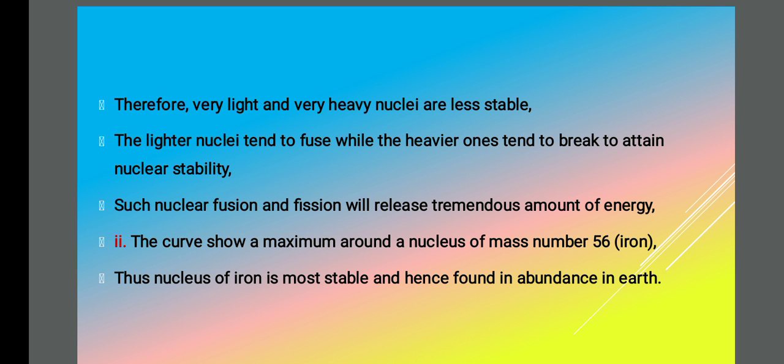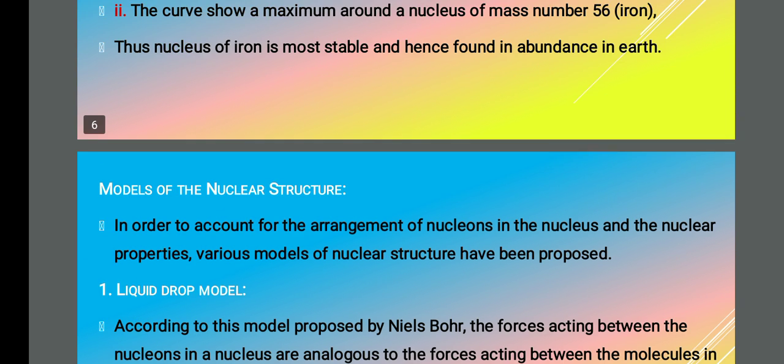In this curve, maximum binding energy is found for iron, which has mass number 56, and the nuclei is found to be abundant. It's found to be more stable, so it is found to be abundant in the earth. Is it okay? So next we are going to see the models of nuclear structure, the various models